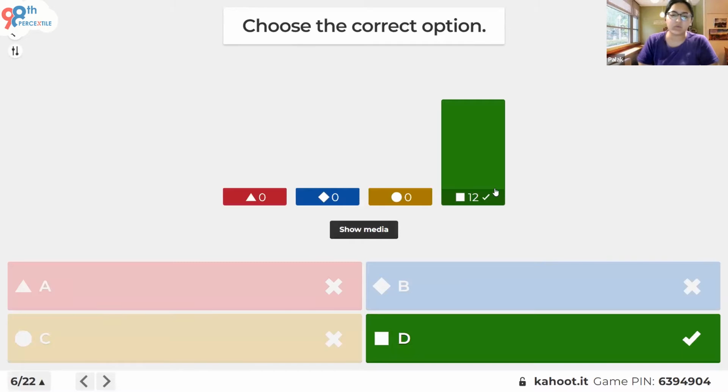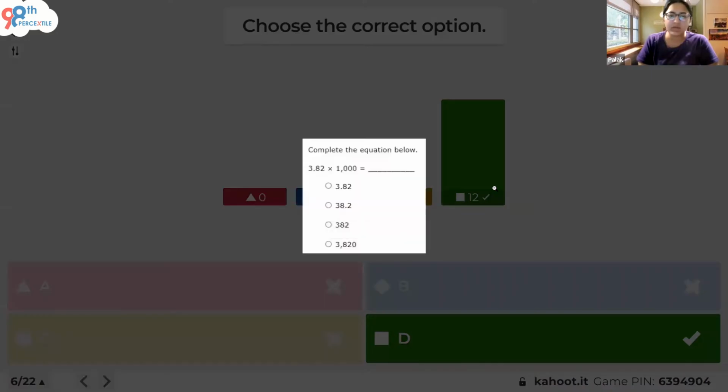Perfect. It's a perfect score. It seems like you people might not have done the worksheet from last time, but you were ultimately prepared for the class today. Great. So 3.82 times 1000, we remove the 2 decimal places with the 2 zeros and we move 1 place ahead over here. So we have 382 followed by a 0. That brings the answer to